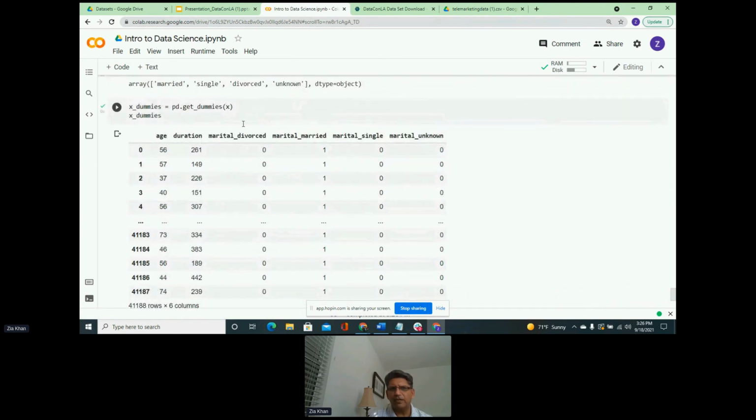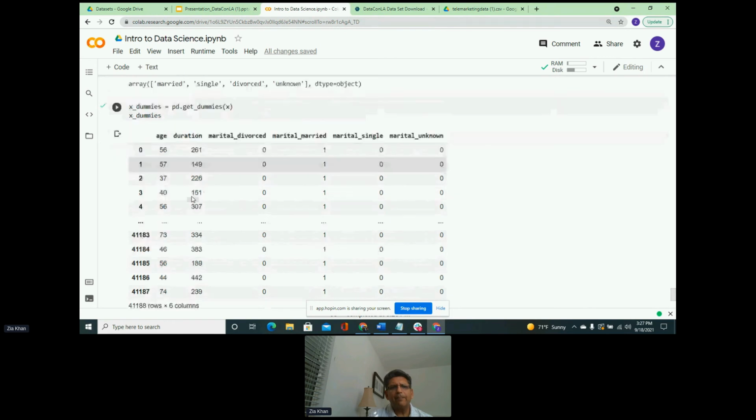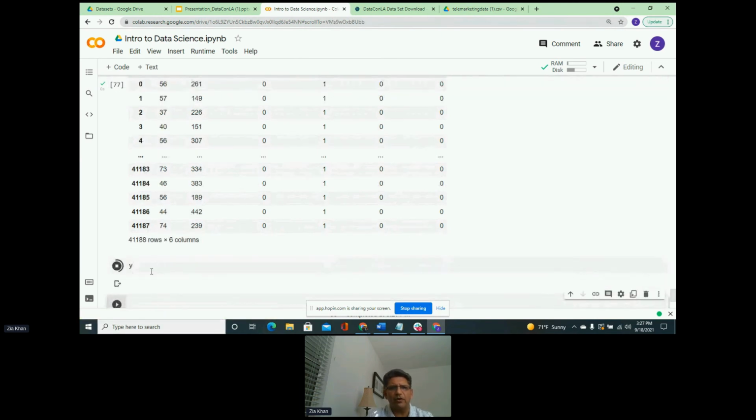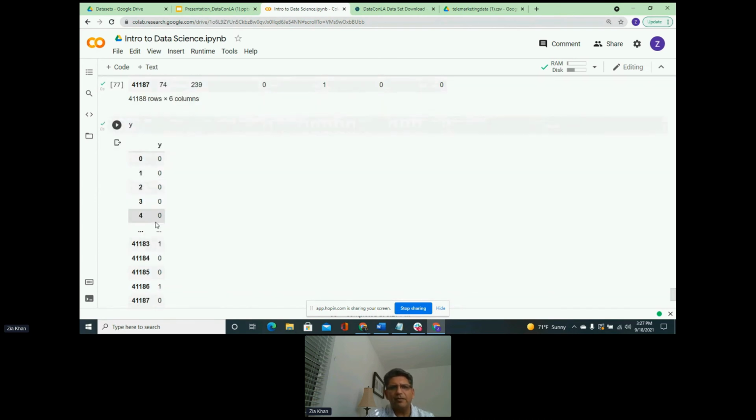So that was exactly what we were saying earlier, 4 columns, and we have age and duration. So we have added another feature to our data set, and we have one-hot encoded that feature. Okay, now this is our independent features, and again our dependent is Y, because dependent is already in zeros and ones, so we don't have to do anything for dependent.